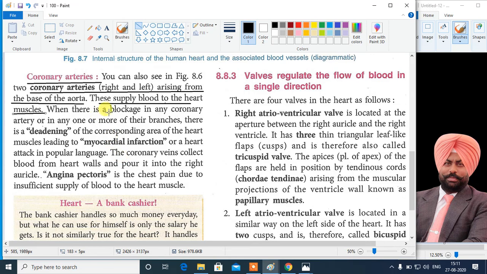Here it is, the blockage in the coronary artery will lead to the deadening of that corresponding area of the heart, which leads to the heart attack. It is called myocardial infarction, and the pain which occurs in the chest during the heart attack is called angina